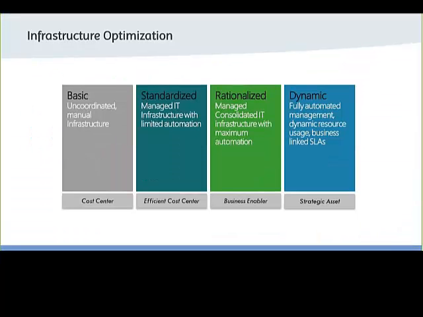Well, there is a concept called infrastructure optimization. It's a slightly older concept from Microsoft, where they define 4 categories of IT departments. You have the basic category, where the IT department is probably just a cost center and doesn't bring any value. Then you have the standardized IT, which is a more efficient cost center where you're not so expensive, but you're still a cost center and you don't deliver any high resources or business enabler to the company or to the business.